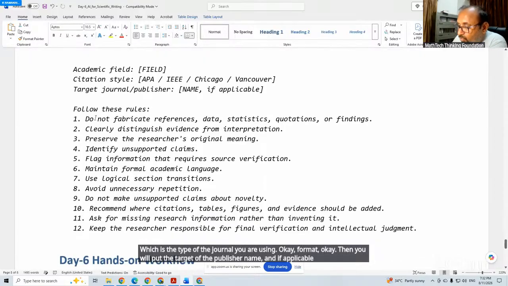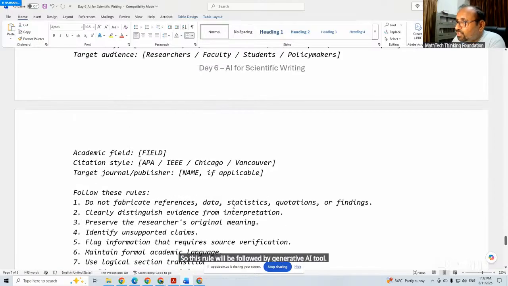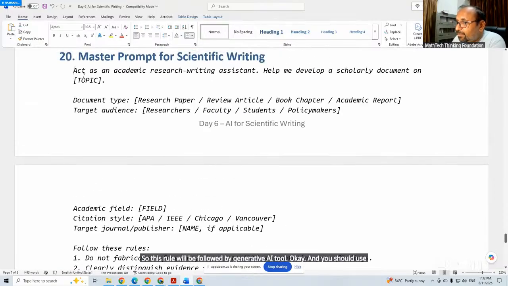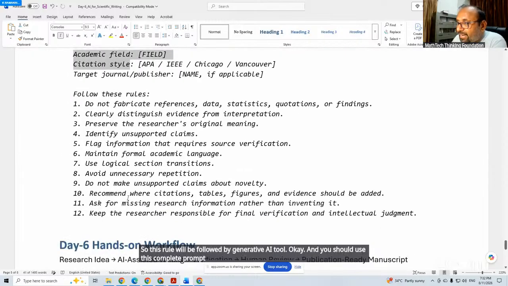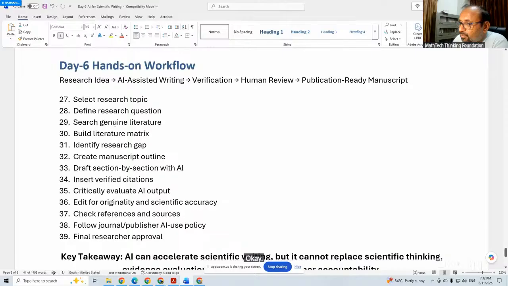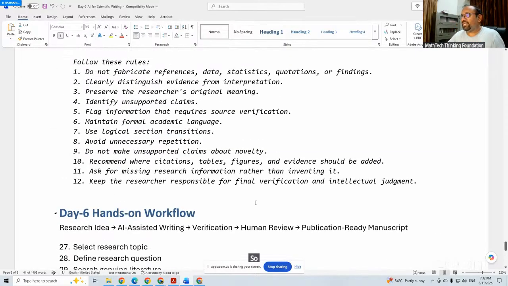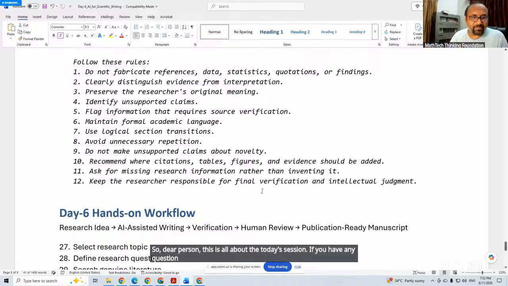Then these are the rules which you will give as instructions to the generative AI tool. So these rules will be followed by the generative AI tool. And you should use this complete prompt and do the practice, see the result. Then these are some hands-on practice which you will do yourself. So dear participants, this is all about today's session. If you have any question,